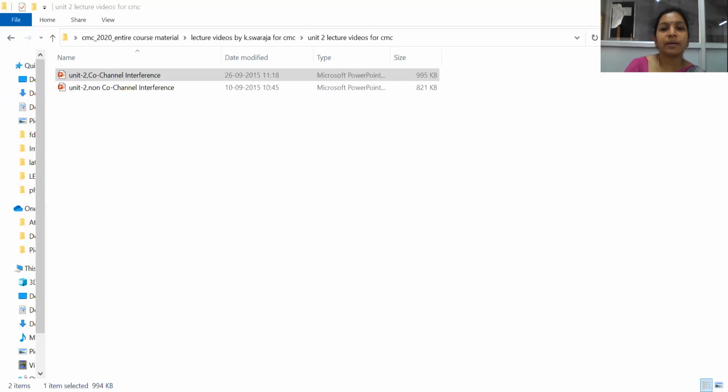If the separation is large, the co-channel interference is reduced. That is, if the distance D between the two co-channel cells is more, the interference will be reduced, but the number of co-channels in a given area will reduce, so the capacity will be reduced. This we have already discussed. Therefore, we have to find an optimal separation from which the reduction level of co-channel interference is acceptable and the capacity is also high. Keeping all these points in view, we have to design a cellular system.